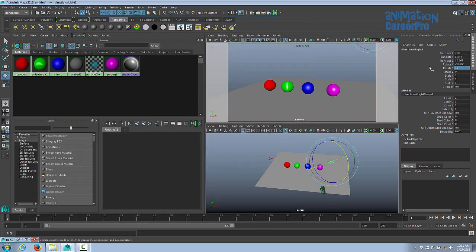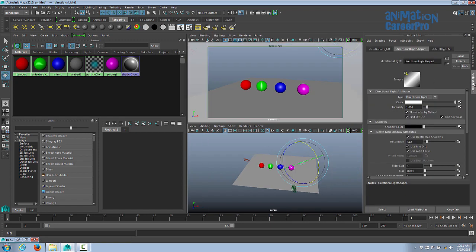If we go to the first light and we look in the attributes, I click on the attribute editor, we can see that the intensity is at 1. That's what it comes in by default, and that's a pretty good intensity for a key light. If we go to the second light, it's also at 1 because that's what it comes in by default. Let's tone it down to 0.25 and hit enter. You can see it shows you right here that the light diminishes a little bit. So if we render that again,